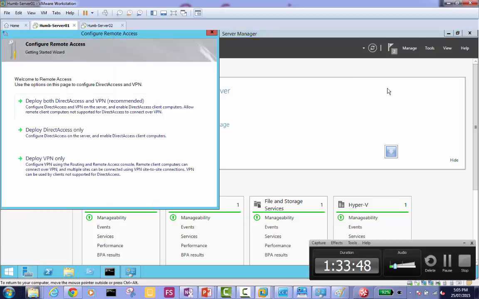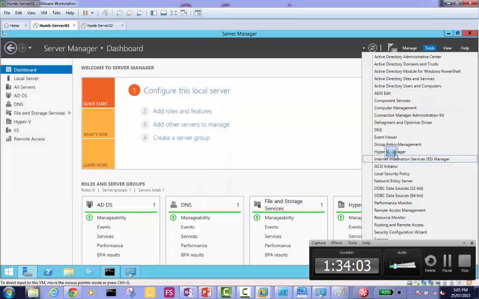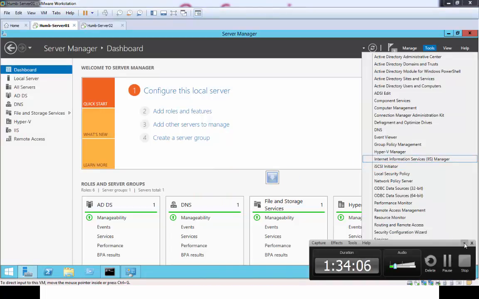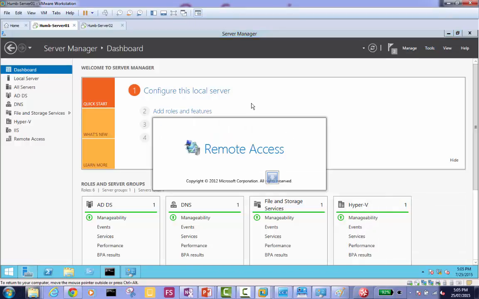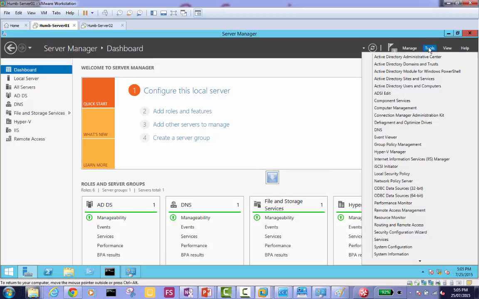I clicked that. Okay, everyone has this screen. Keep it open, and go to Tools. I'm just checking one quick thing here, because we don't need remote access management. Yeah, remote access only. No, but that's it. Yeah, Routing and Remote Access. You know that from 2008, right? Okay. So we're going to configure.